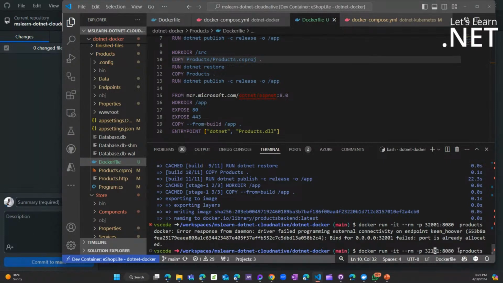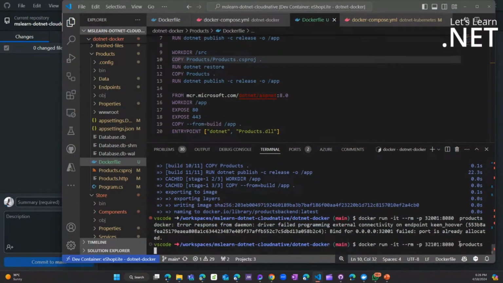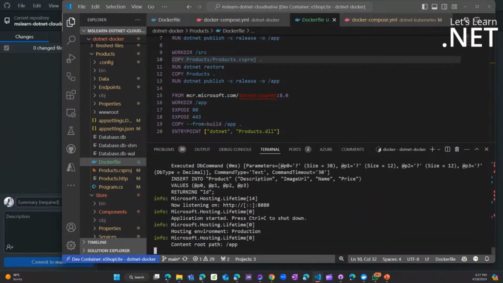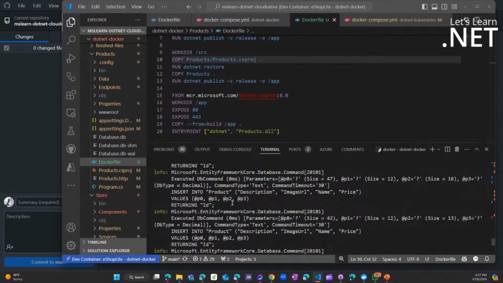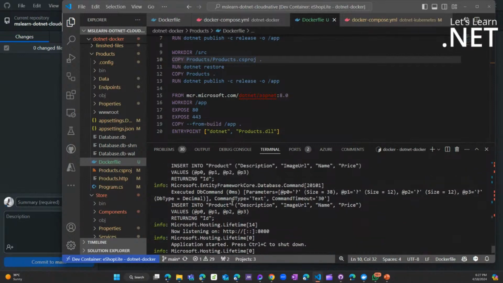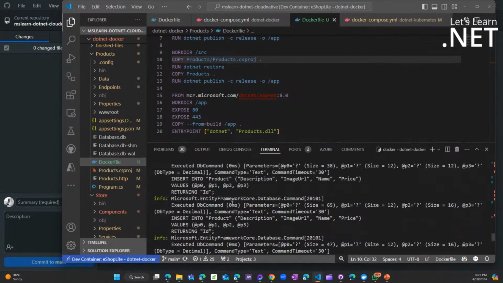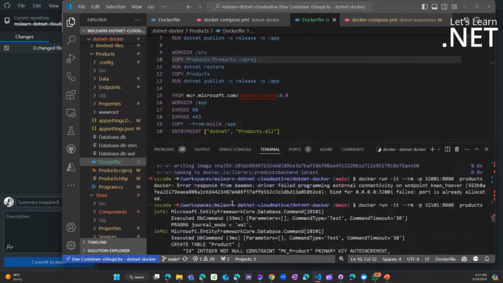Don't forget that. And I'm going to run this. And what you can see here is you have all of these details, which we're not going to understand. But when I take note of my